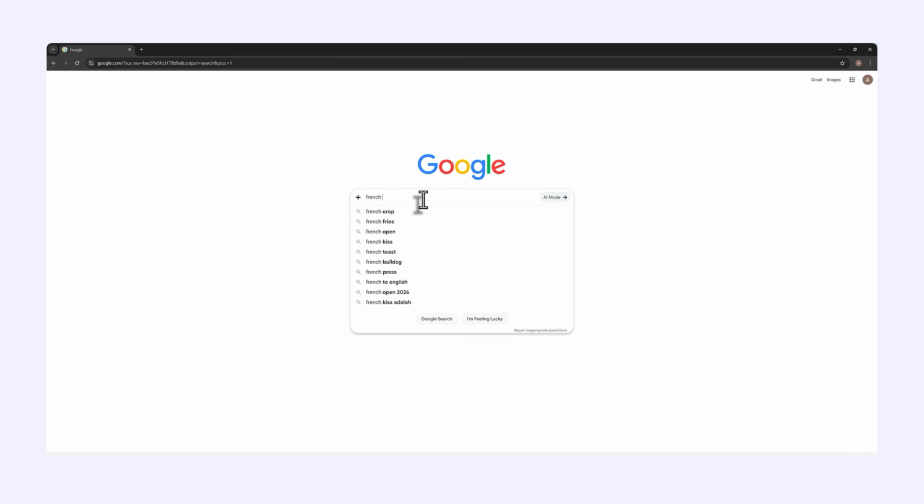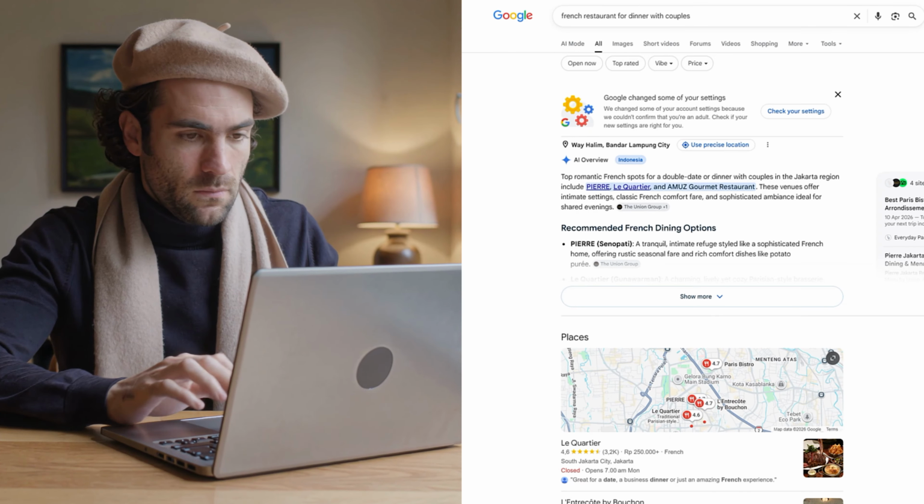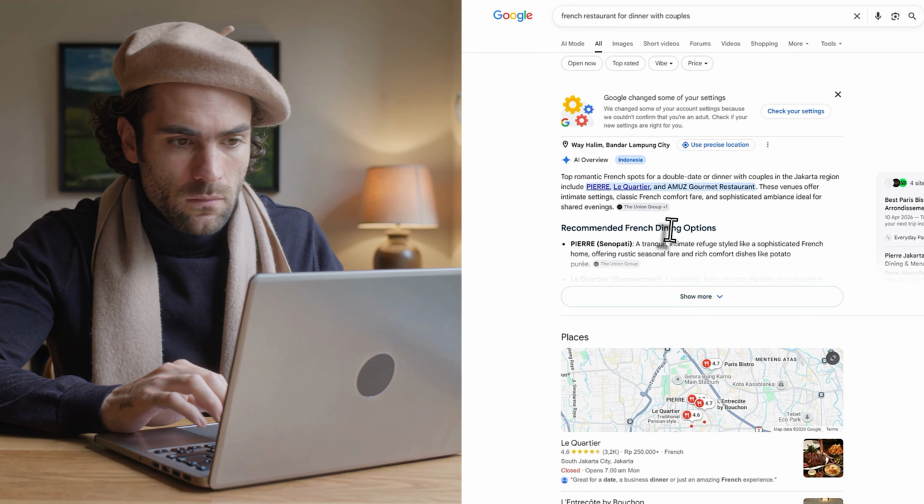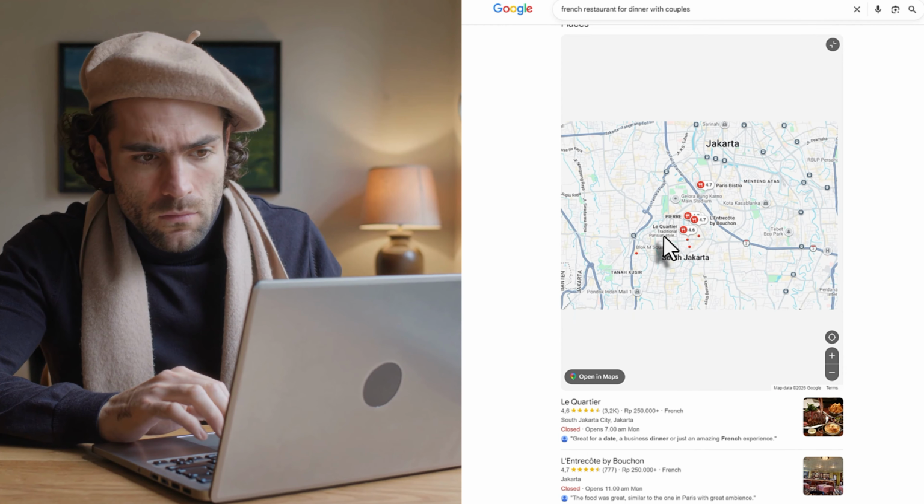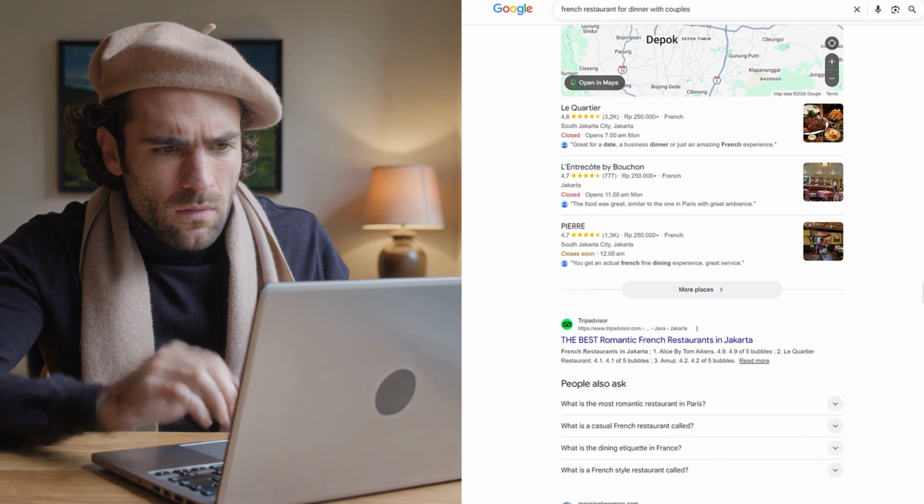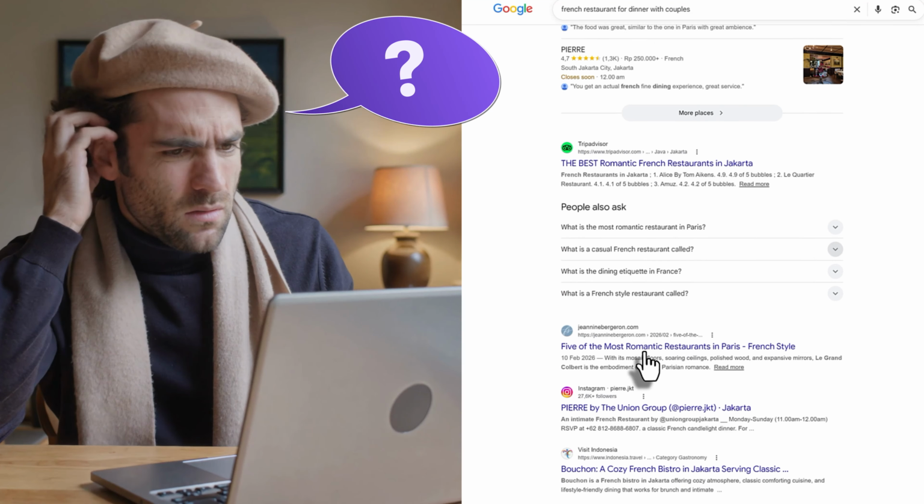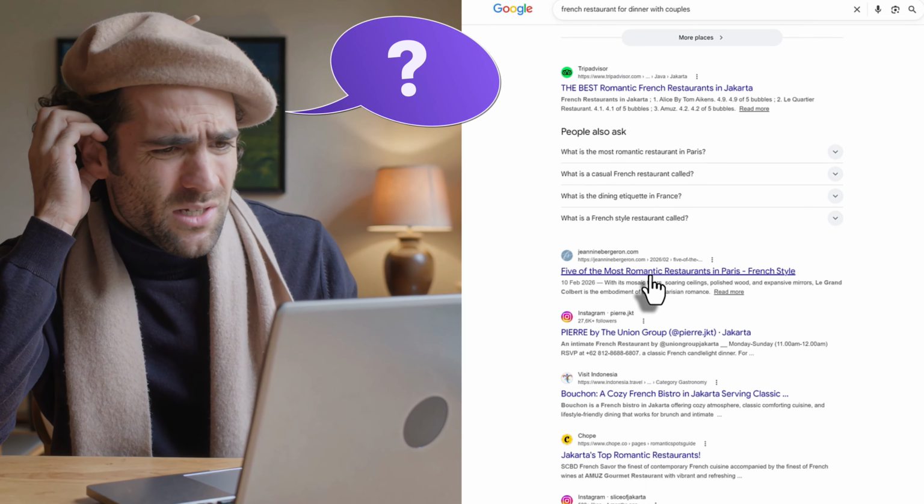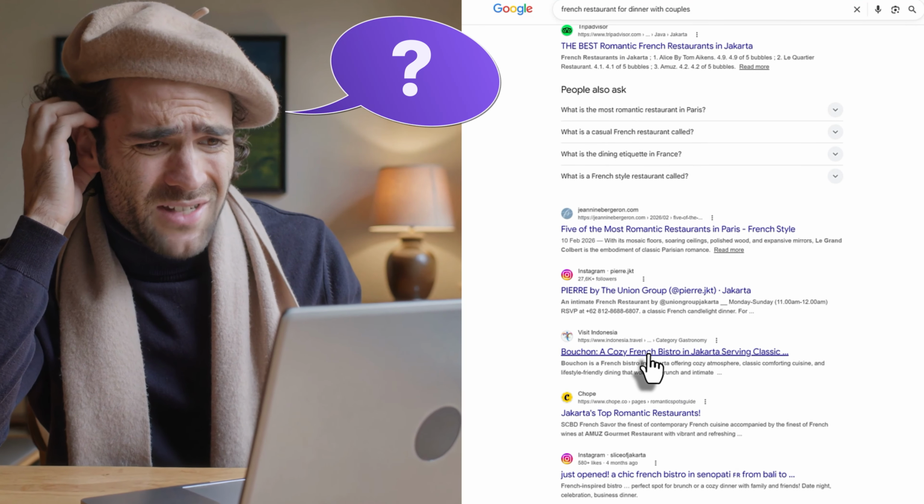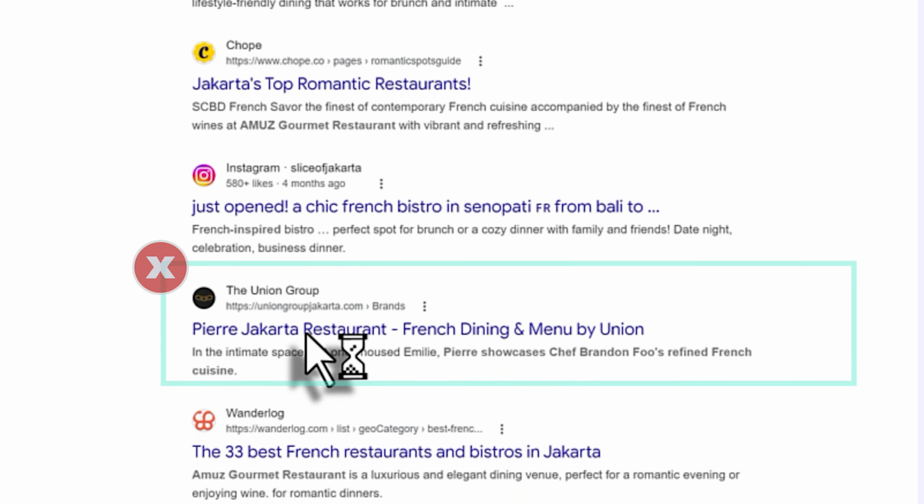Are your translated pages just not showing up when people search in their own language? Like, you've got a perfectly good French version of your site, but somehow Google keeps showing your English page to French users. Or worse, it's not showing up at all. There's a really good chance the problem is Hreflang tags, or more specifically, the lack of them, or having them